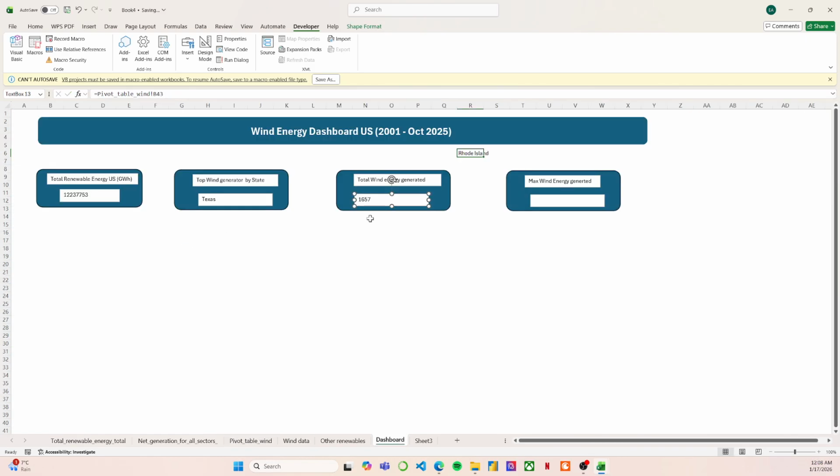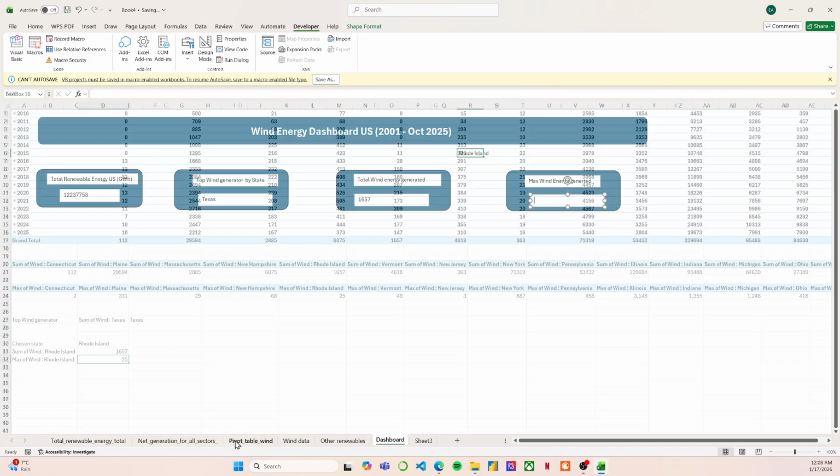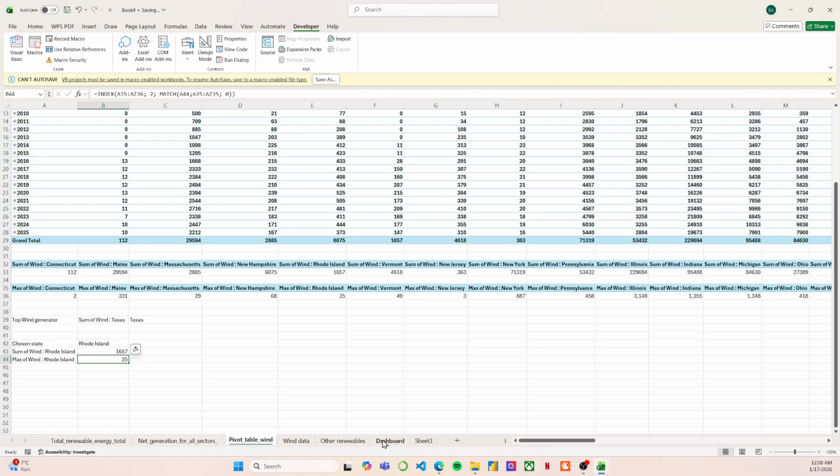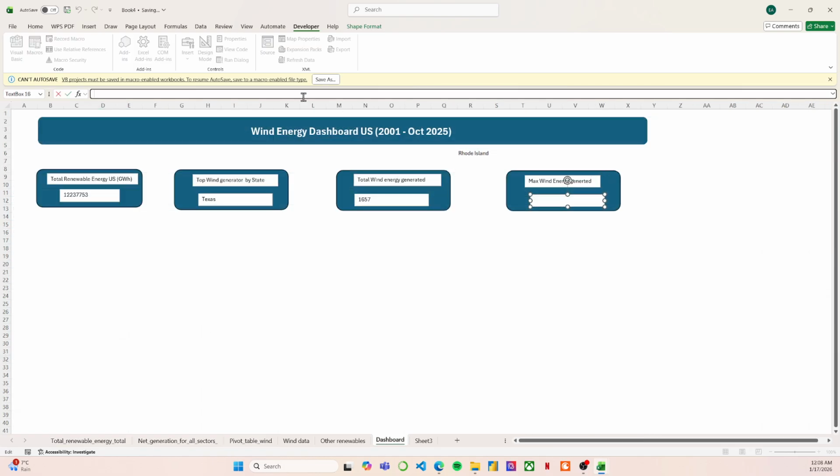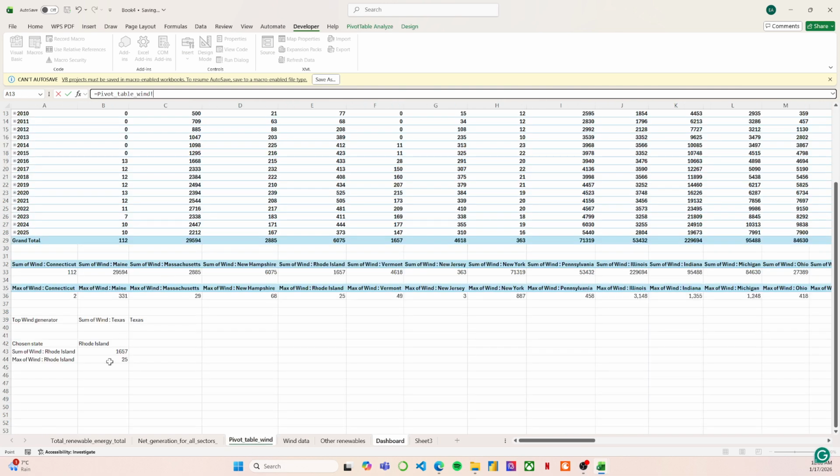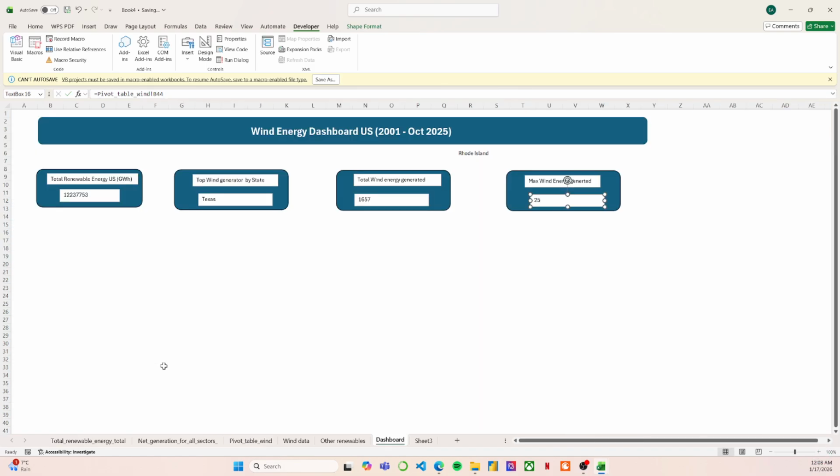So 43, 1657, and then we have for you. Where is it? Oh, sorry, I forgot to start. Okay, so equal to 25. So that's right there. Perfect. So we have all of this now, and if we change this to, let's say, Connecticut, we can see,